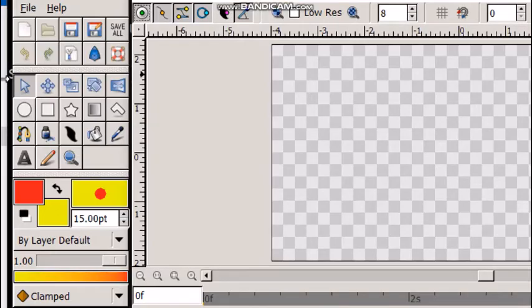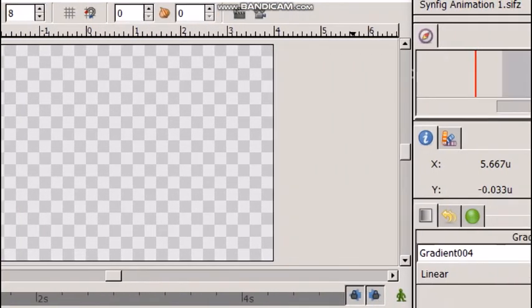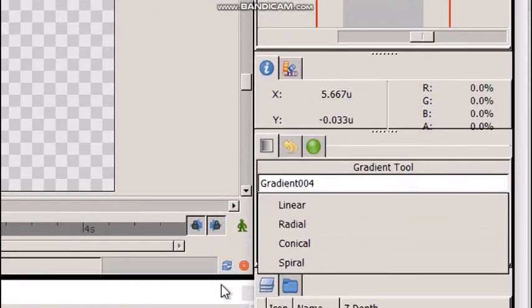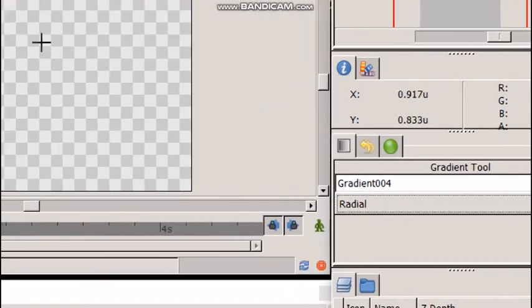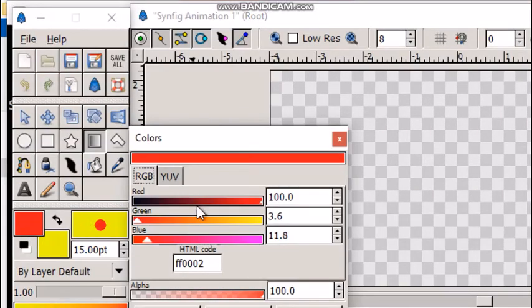The next one is the radial gradient. Select the gradient tool. In the tool options panel, select radial gradient. Now after that, choose the appropriate foreground color and background color.